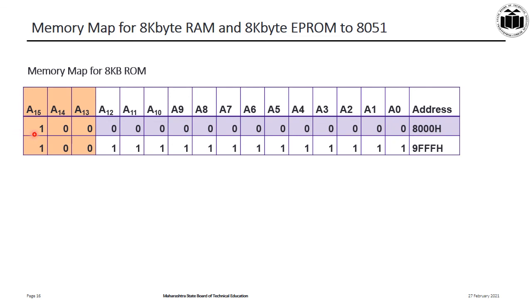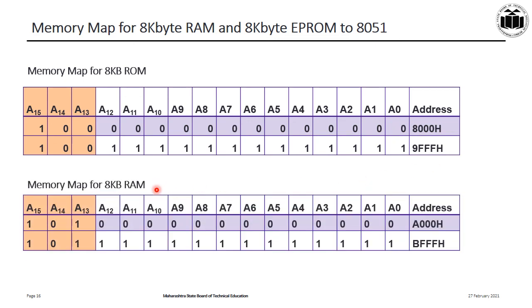Memory map. All the address lines are used from A0 to A12. Starting address will have 0, ending address will have 1. Y4 bar is connected to CS bar of ROM. So A15, A14, A13 select lines will have 100. Converting to hex, we have the starting address as 8000H and the ending address as 9FFFH. For ROM, we are done. For RAM, in a similar manner we have the starting address as A000H and the ending address as BFFFH.